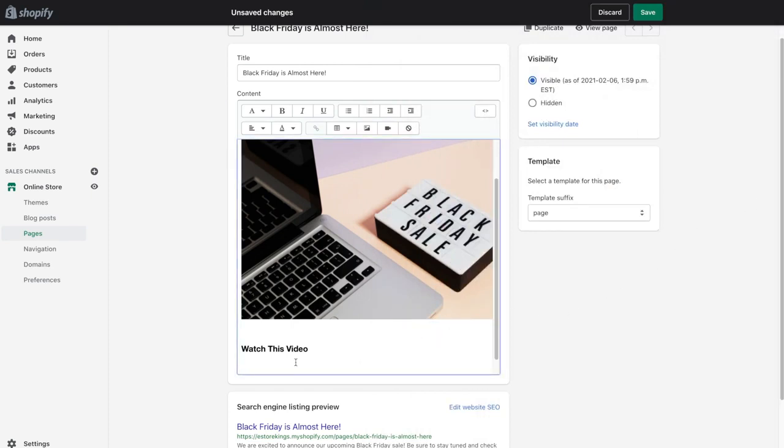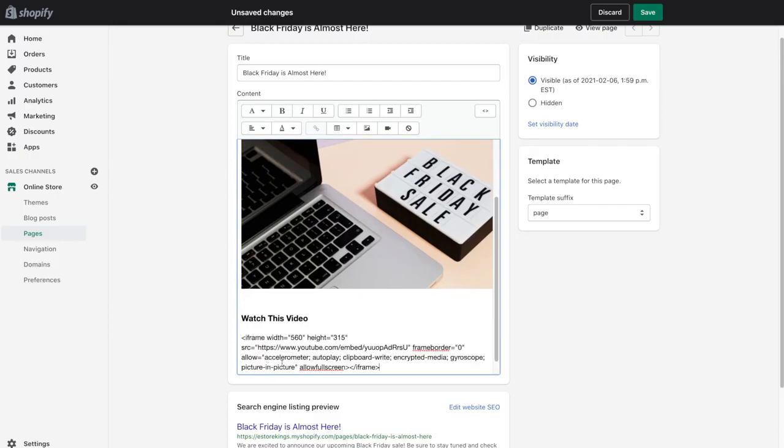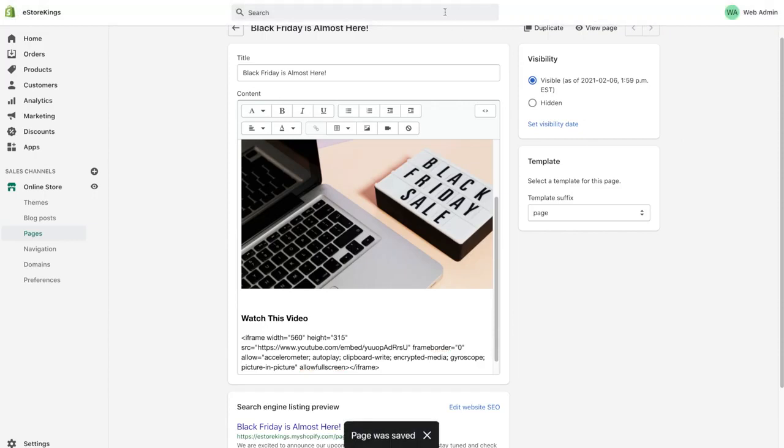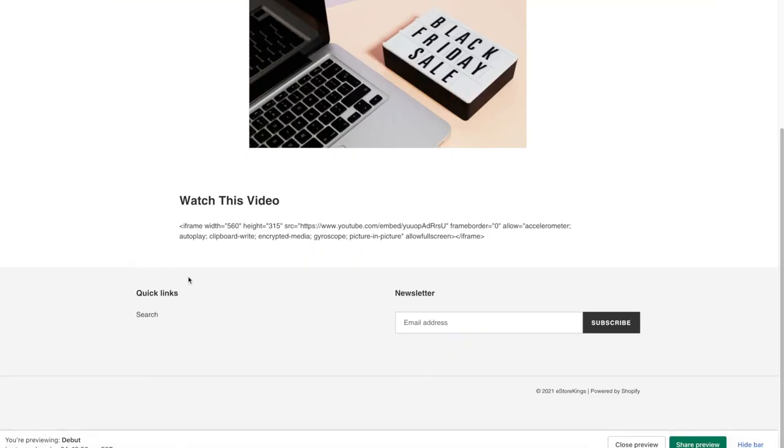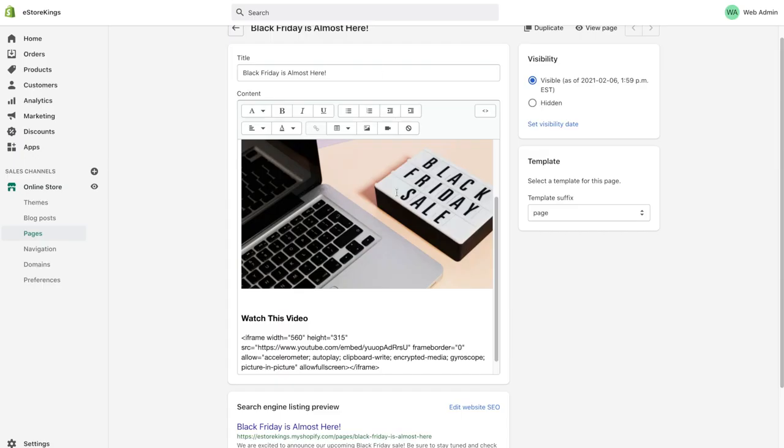And for this part, we can't just paste it into the page. I'll show you what happens if we do that. But basically, you're copying and pasting code into a formatted page, and it's not going to work. It's just going to show you this text. So if we hit save and then go and view the page, you'll see that the code is purely just text. And of course, that is not at all what we want on our page. So I'll head back